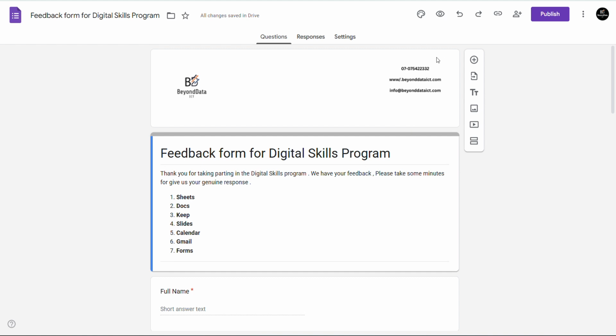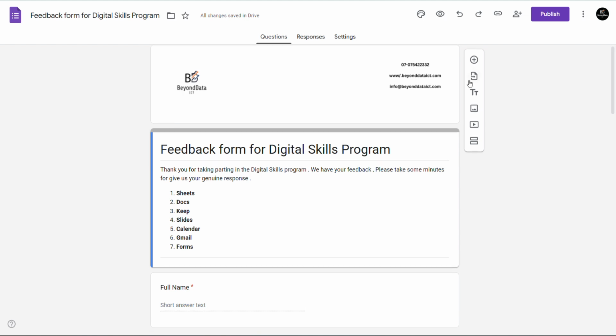So that's how you set your header at the top. So you can design your header the way you want. Next, we have looked at the header. Next is adding,